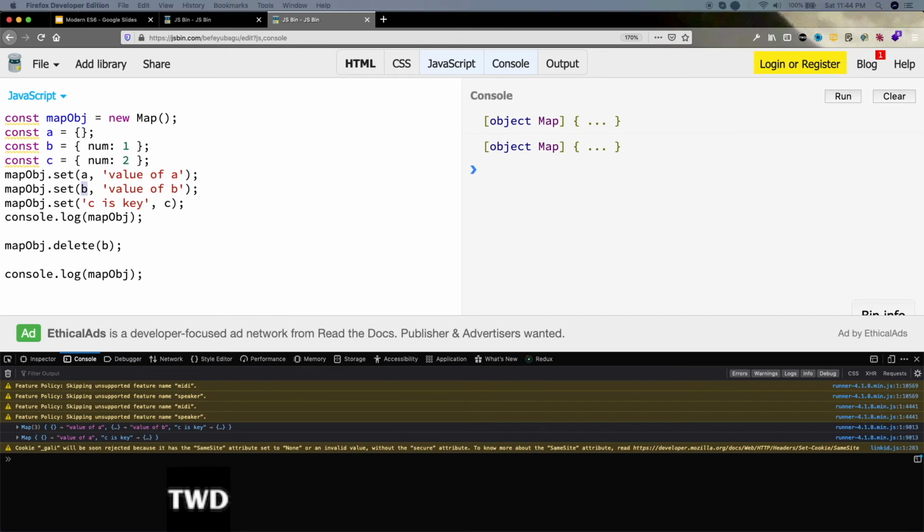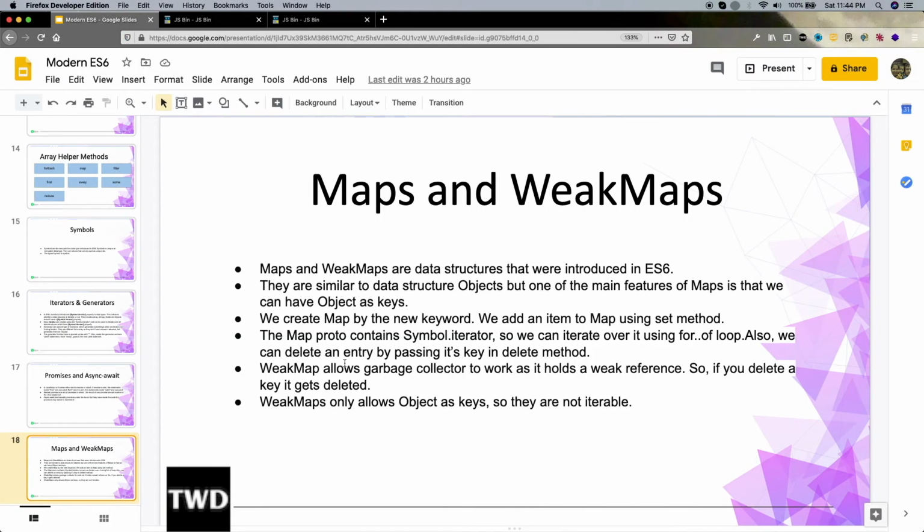The next thing we are going to see is weak map. Weak maps are just like maps, but they allow the garbage collector to collect, holding only a weak reference. So if you delete something, it actually gets deleted.